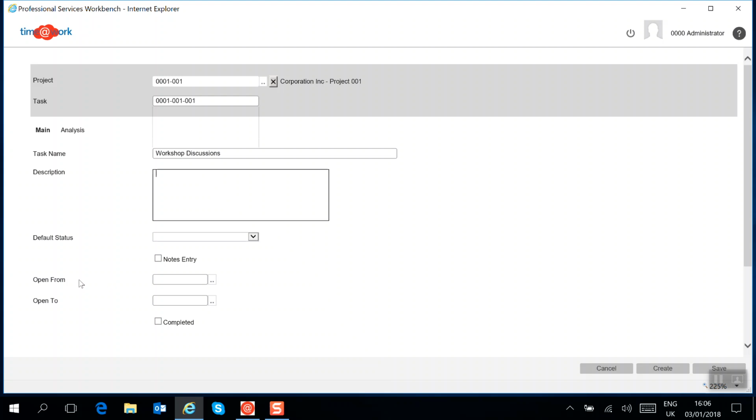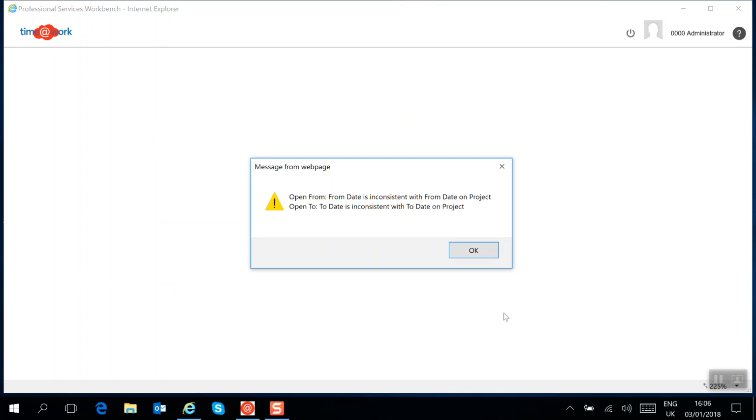You could specify that that task is only to be available to employees from certain dates to a certain date, and that'll prevent time from being reported against this task inappropriately. And that's all you have to do. You can save that,